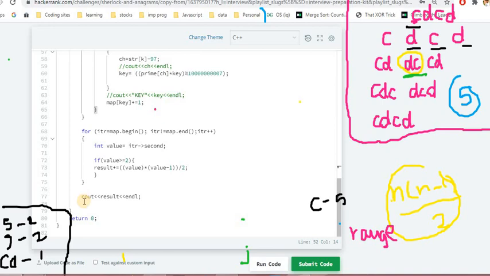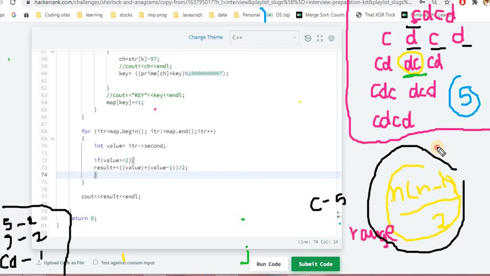So if we get any combination of that particular value, that would make it greater than 2, and we'll check how many of these values are present, and if there is a value present, we know how to calculate the number of distinct pairs. So this is the formula we'll basically use here, and by using it we'll calculate the result and print out the result. So this is the whole solution for this.